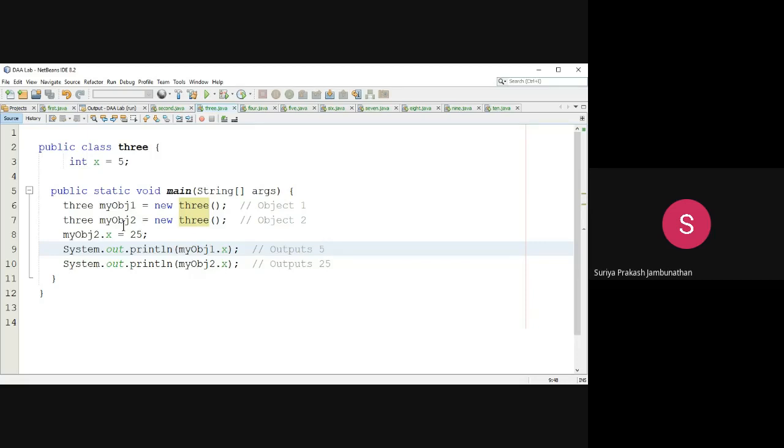What we are doing is obj2.x, we are updating with 25. Keep in mind, we are accessing the x value with use of obj2, and we are updating the value 25 to x. What happens when we print obj1.x? It will print the same 5. When we use obj2.x, we get 25 because with use of the obj2 object we updated the x value.